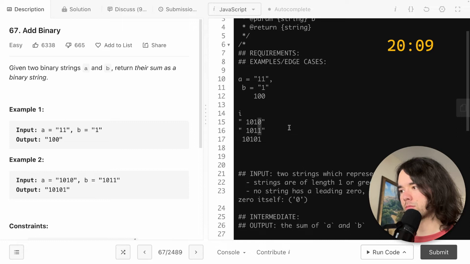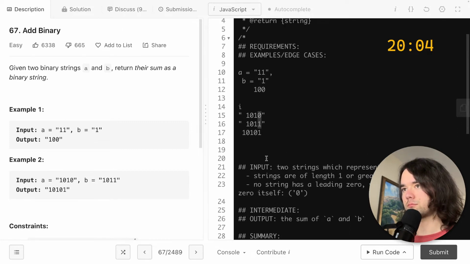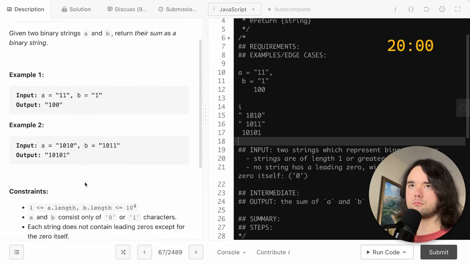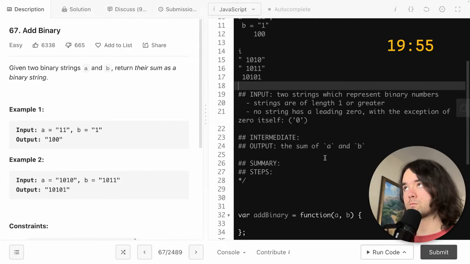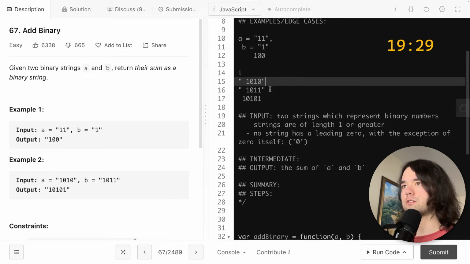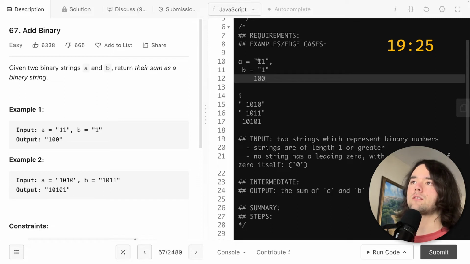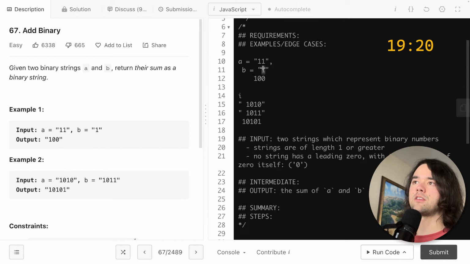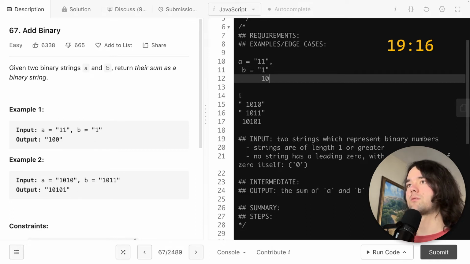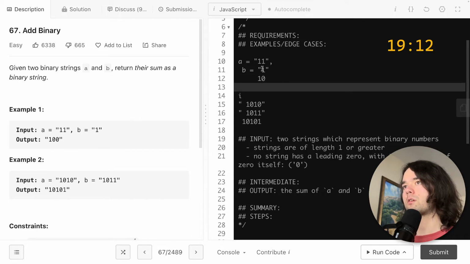I'm just thinking. So I think as soon as we get to a situation where we have exhausted the length of one of the binary strings, then we would just need to, say we're here. So for this example, we're looking at these two, and then the next time we're looking at these two. So these two sum to 2. So that's where we were at with 1, 0. Okay, and now that we're at this index, so index 0 in string A,